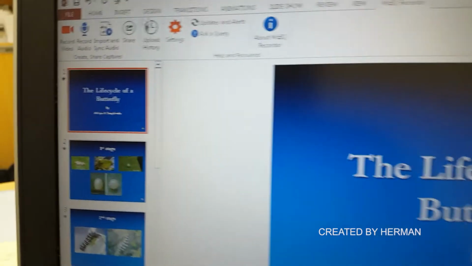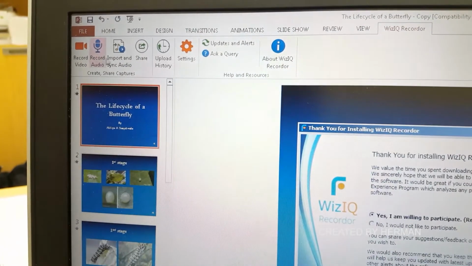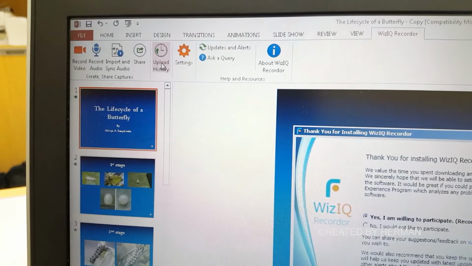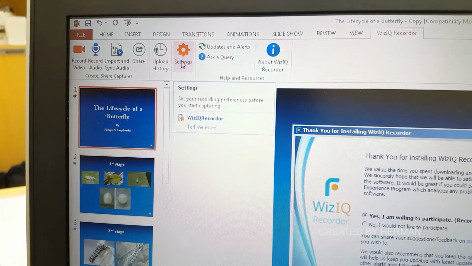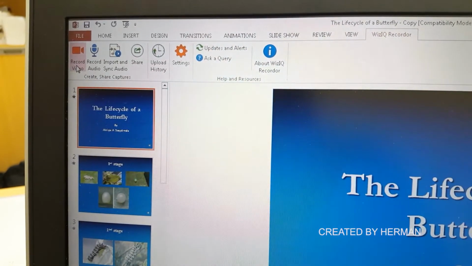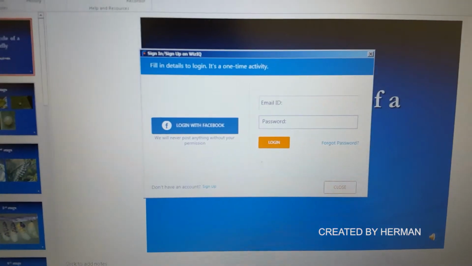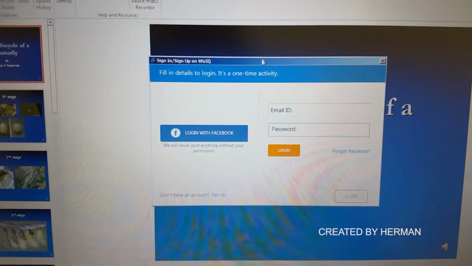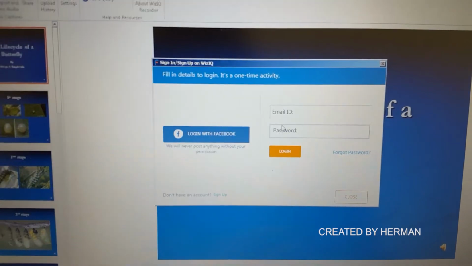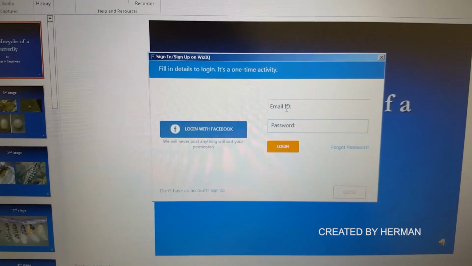Once you click that, you have many options to work with: record video, record audio, import sync audio, or share. In our case, we are going to record a video, convert the entire thing into a video with a voice in it, with a voiceover. So I record a video. So people who are going to do this for the first time will require to create an account. So you can sign up on the same particular window, or if you have an account, you can always add one. In our case, we already have an account,